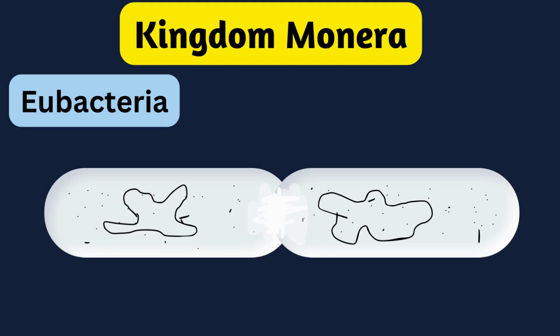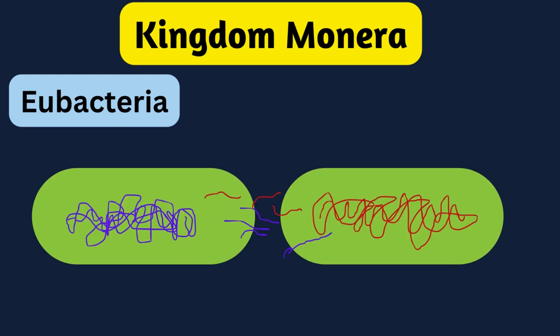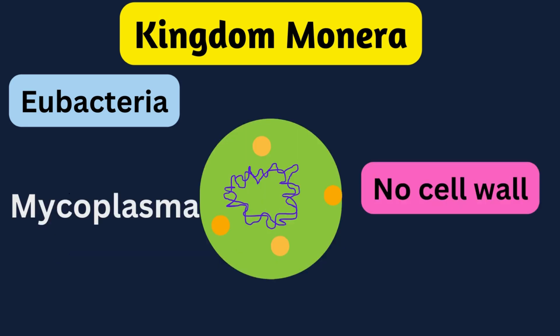Bacteria reproduce mainly by fission. Sometimes, under unfavorable conditions, they produce spores. They also reproduce by a sort of sexual reproduction by adopting a primitive type of DNA transfer from one bacterium to the other. The mycoplasma